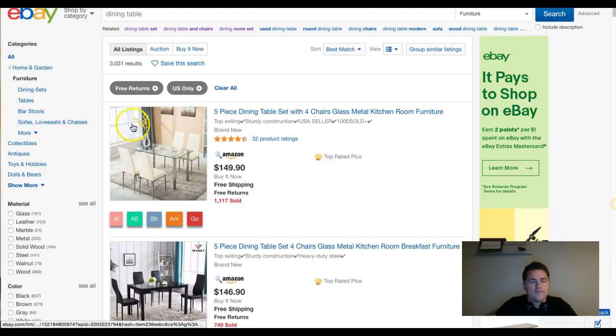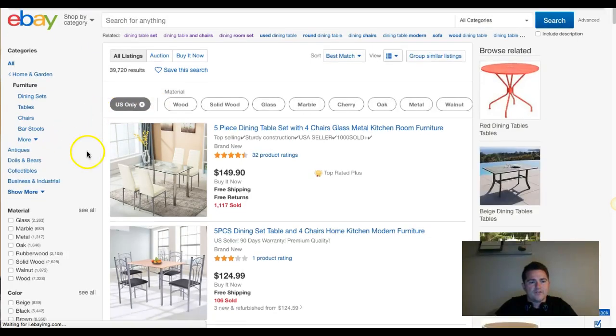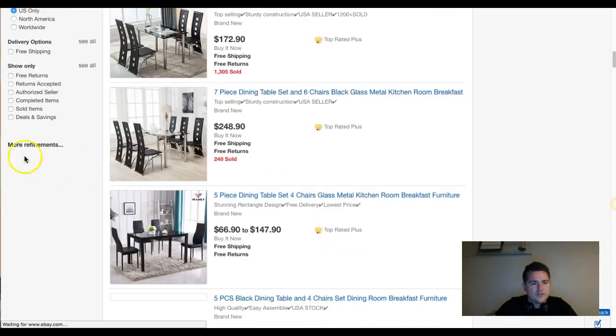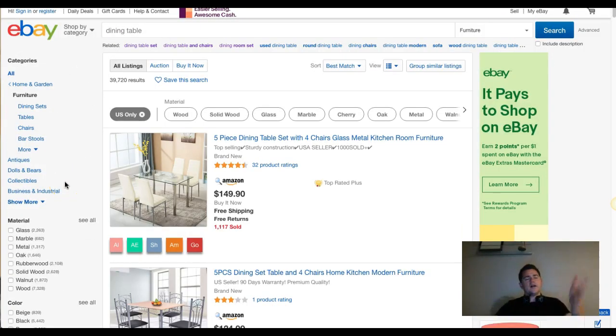That's what you want. So these are like filters. So if a buyer chooses the free returns, you could see that it narrows down the search, and returns accepted, authorized seller, sold items, deals, savings. So yeah, this is how I wanted to explain how this section of item specific filters works,